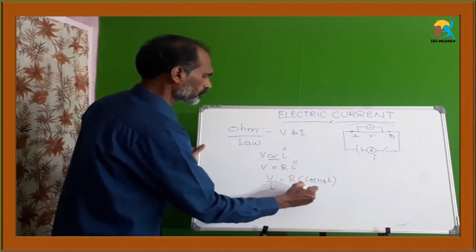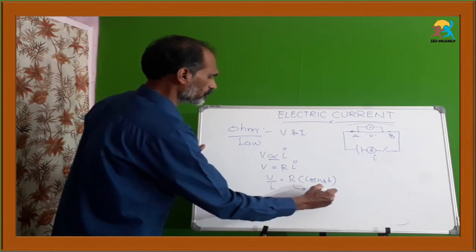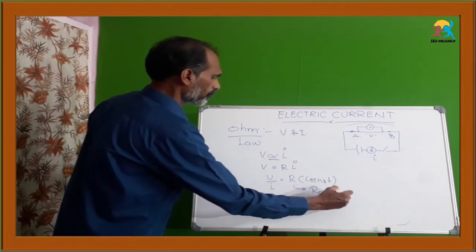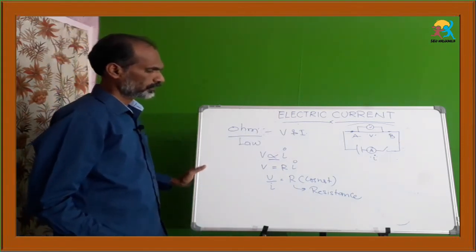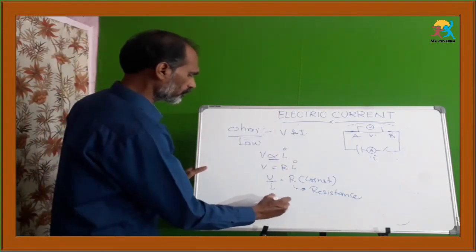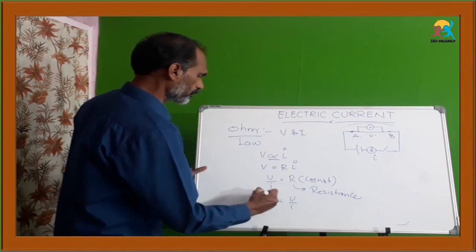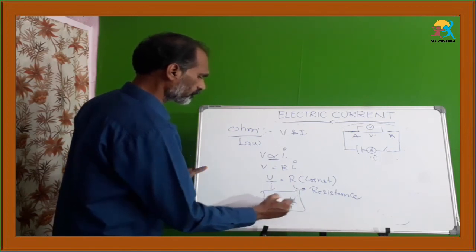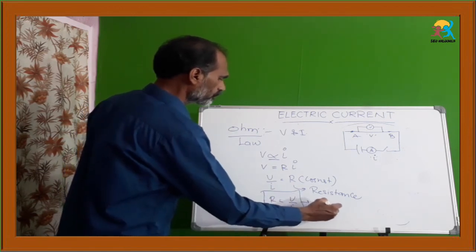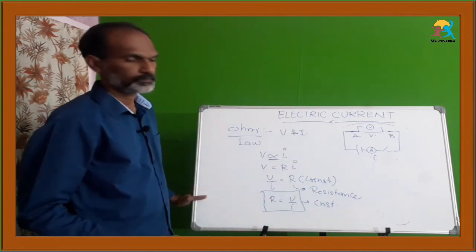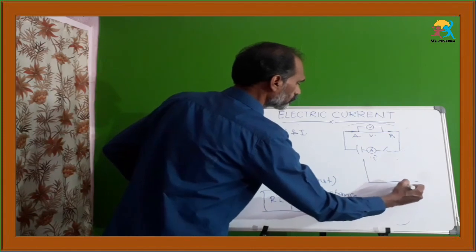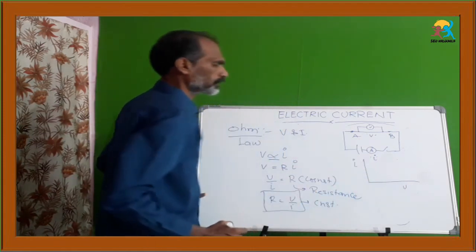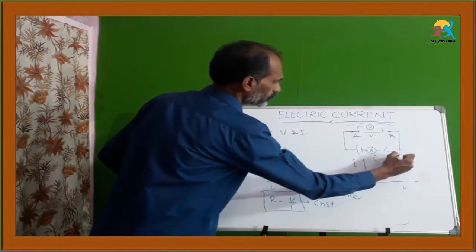This constant is called resistance. So R is equal to V by I. Resistance will be constant. If we draw a graph between the potential difference and electric current,